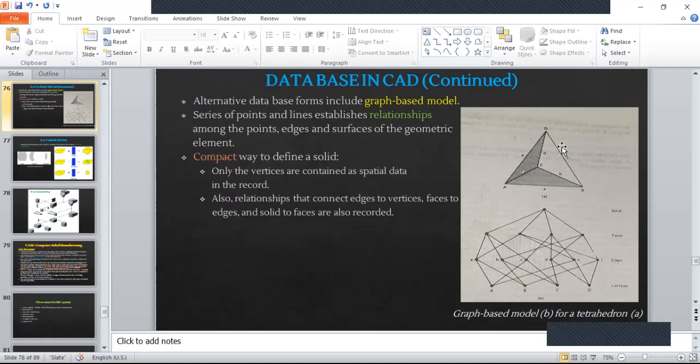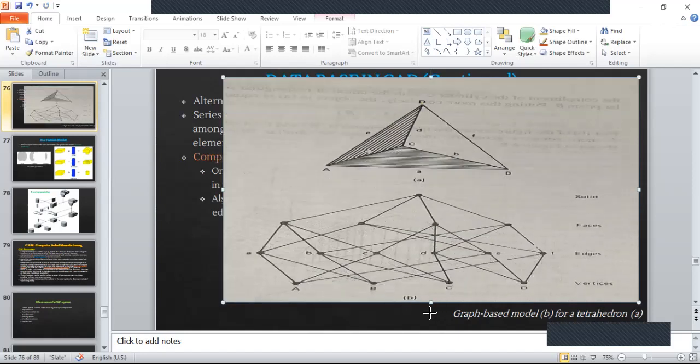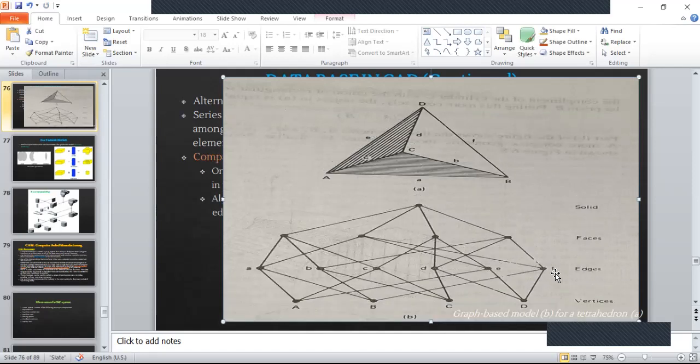And each edge will have two vertices. So we are mapping the edges with the vertices. For example, the edge F. We see the edge F has what vertices? This is F. What does it have as vertex?